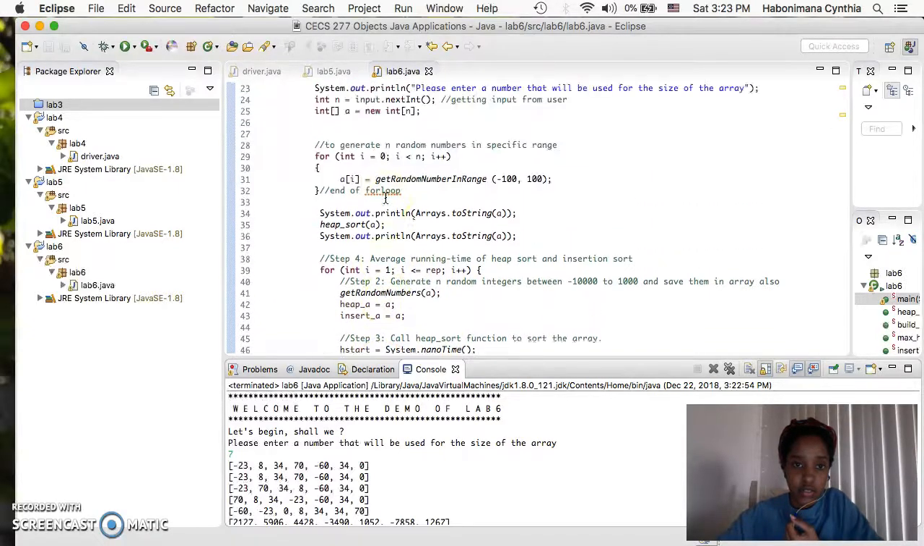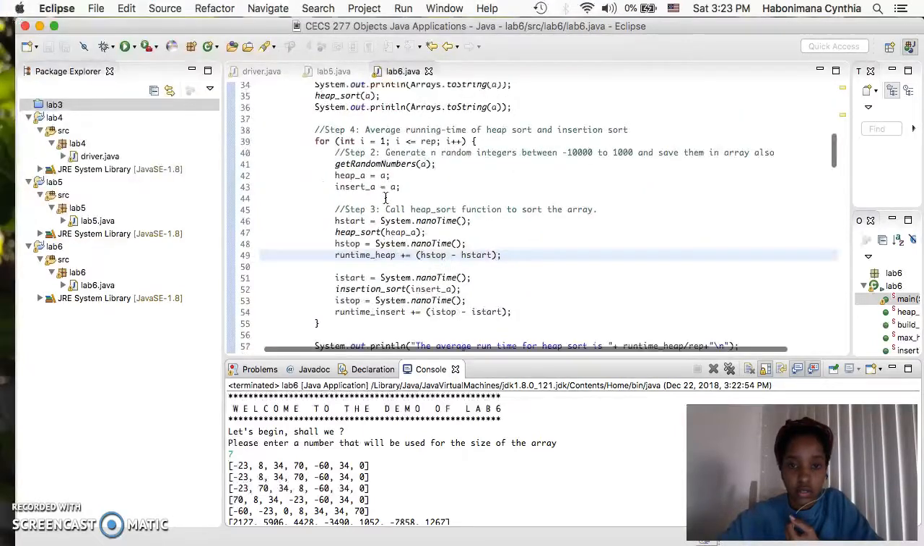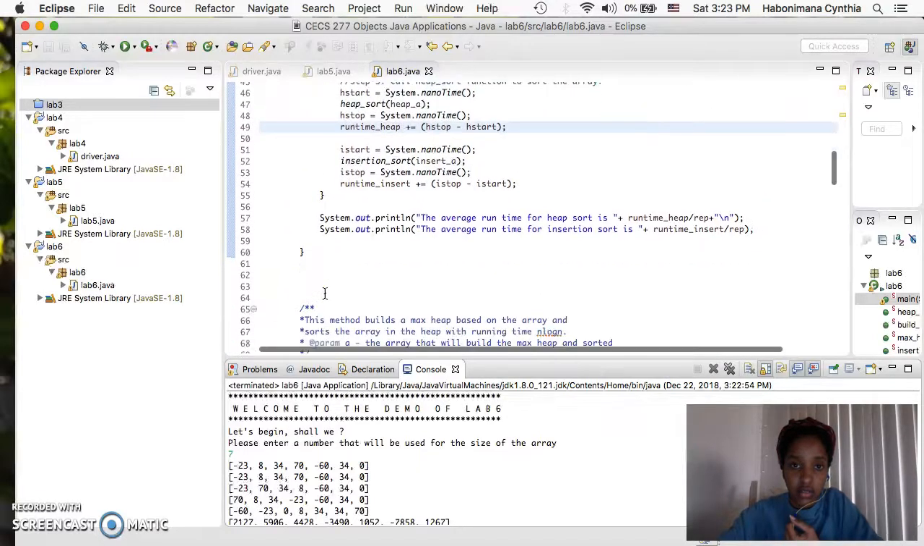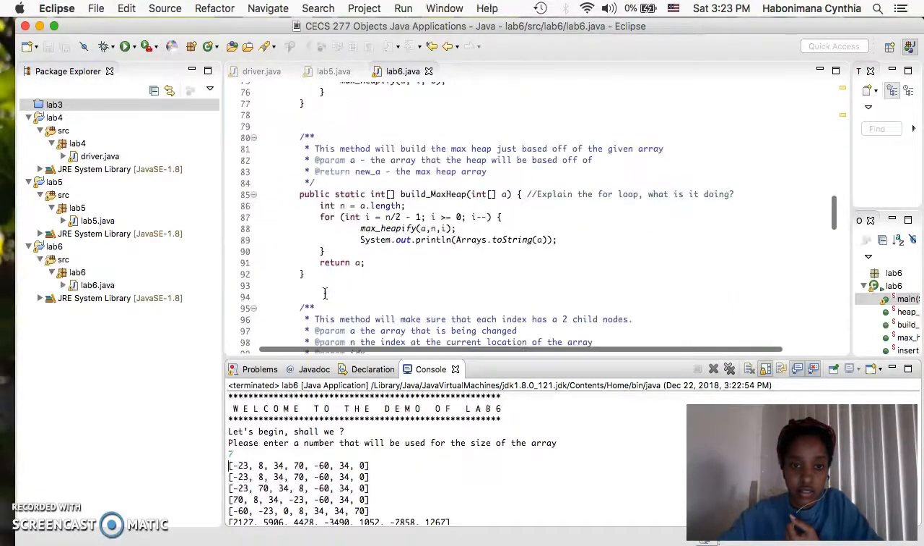So first we're going to call heap sort to sort the array, and then our heap sort function